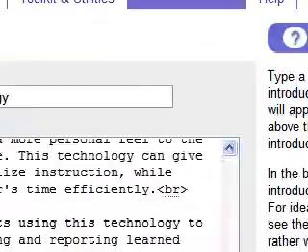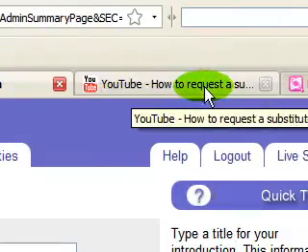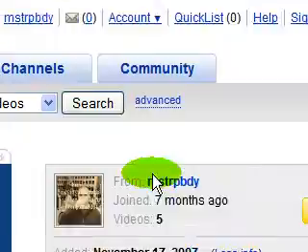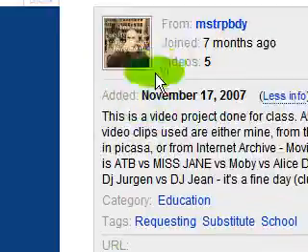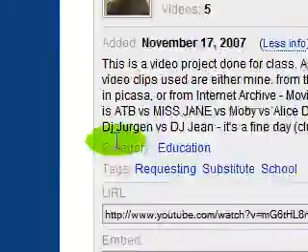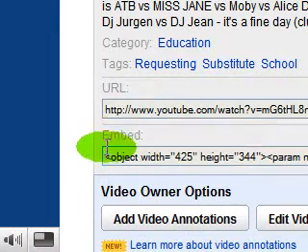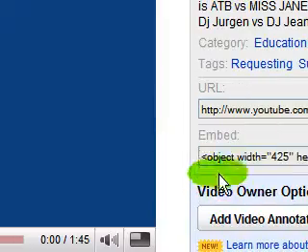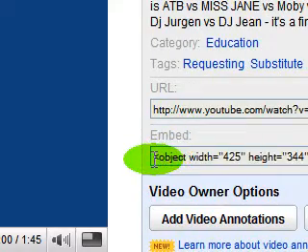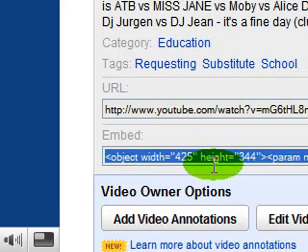And I'm going to go to the YouTube page where I had my video uploaded, and I'm going to do embed. On most YouTube video pages, there's a code for the URL, which is the direct link to the actual YouTube page for whatever video you're looking for, or there's the embed code. We're going to click on that, and YouTube tends to highlight everything when you click on it. So I'm going to copy that,